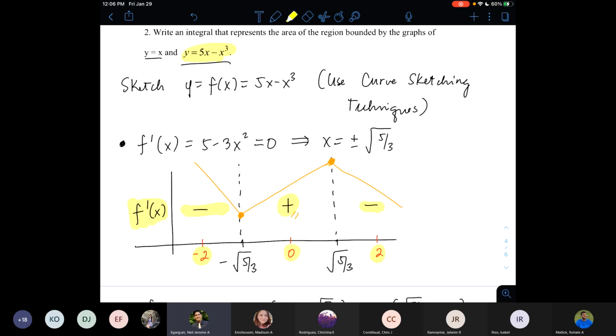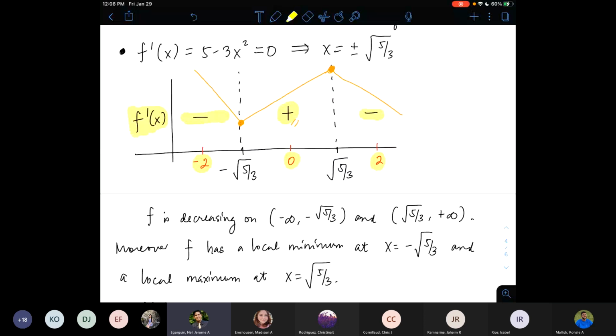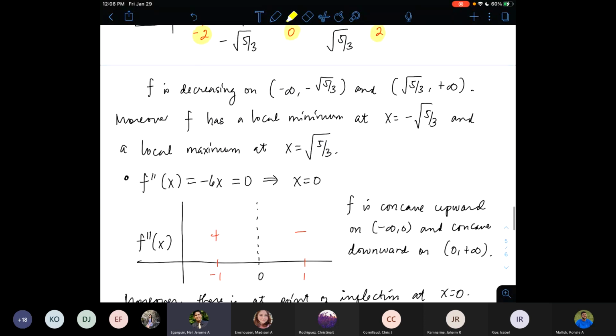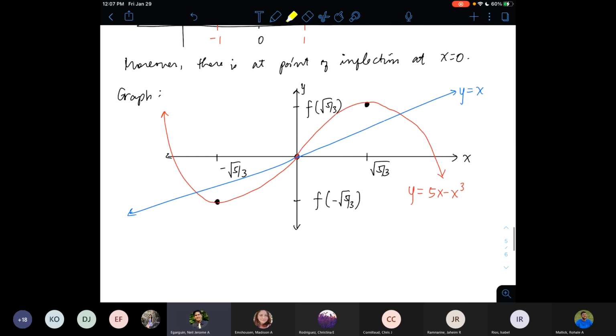I wanted to compute f prime so I know if the function is increasing or decreasing, and then what are the local minimum and the local maximum. And I guess we discussed that last time. Then I went ahead and looked at f double prime, because f double prime tells me when the function is concave up or concave down. And then using these two pieces of information together, which hopefully you remember from Cal 1, will give me the sketch